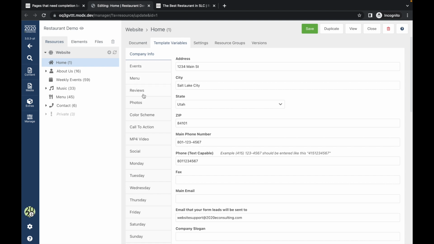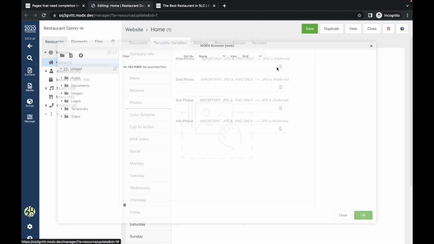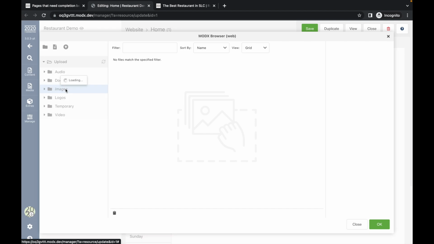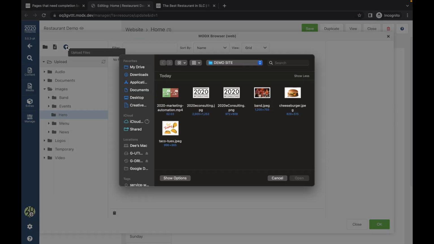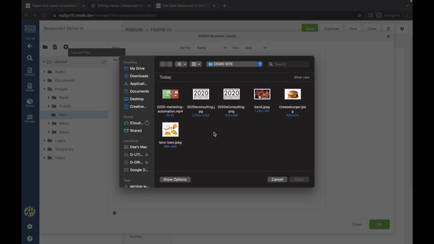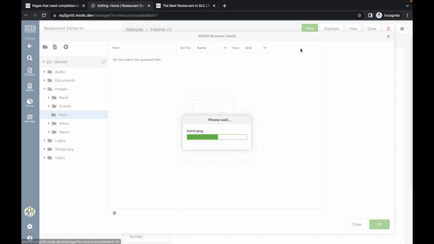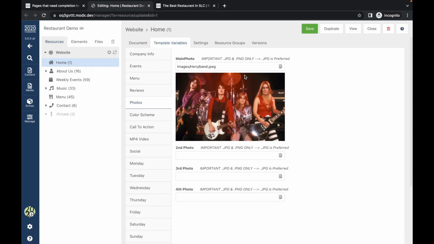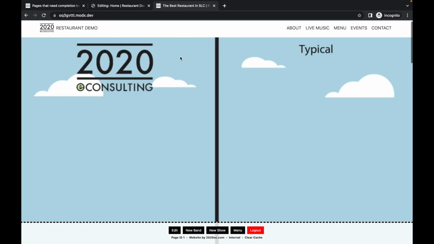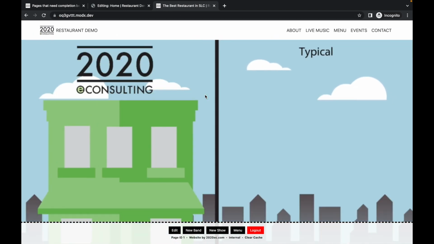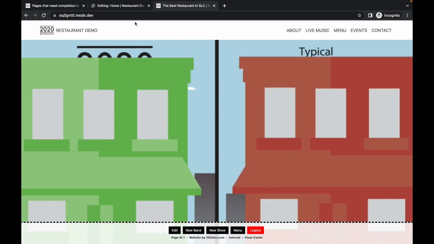Let's add the photo. So again, we go to photos. Let's see what we got here. We'll do images, call this a hero, and we can either right click and upload, or we can click here for an upload. What picture will we use? Let's just use this band photo just for the fun of it. All right, so hit save. And if I refresh here, that photo appears until the video loads, by the way, which you saw for a quick second.